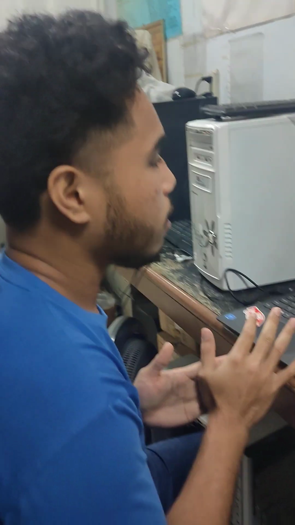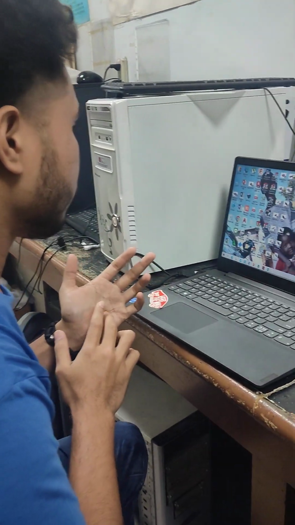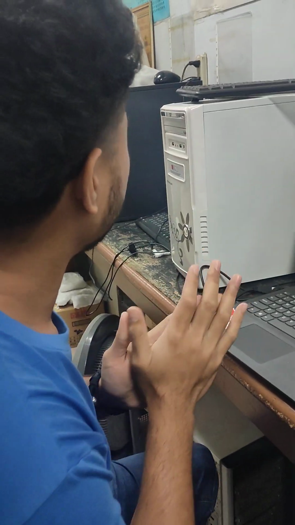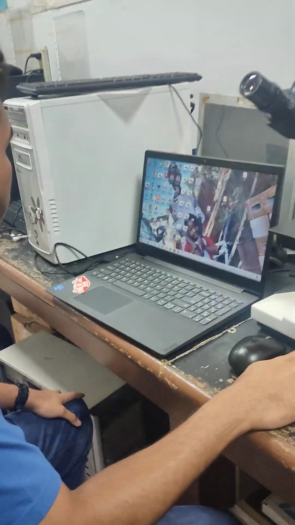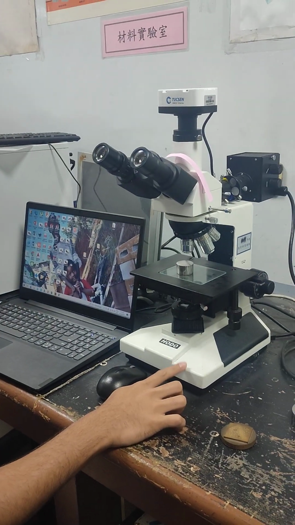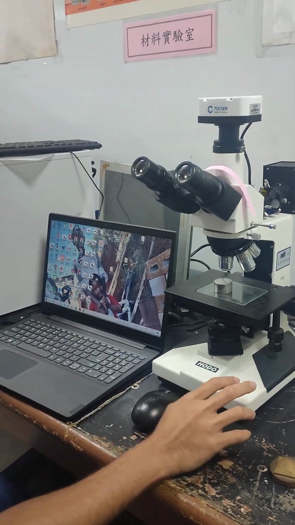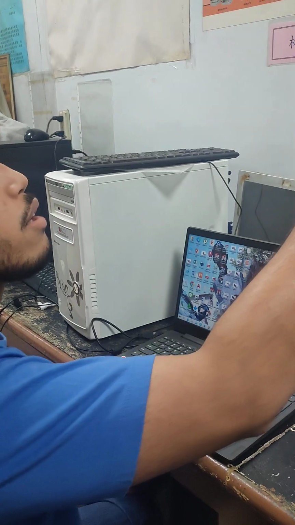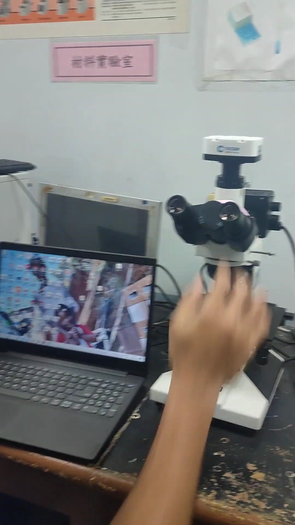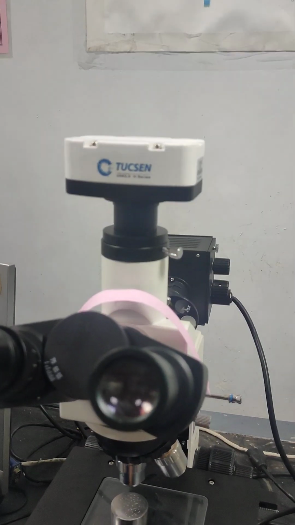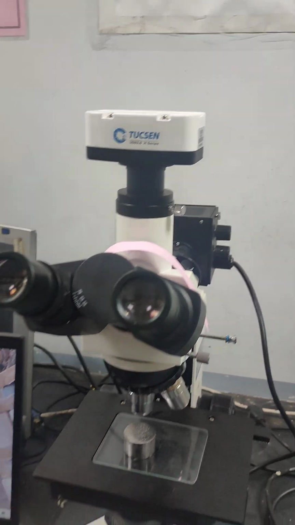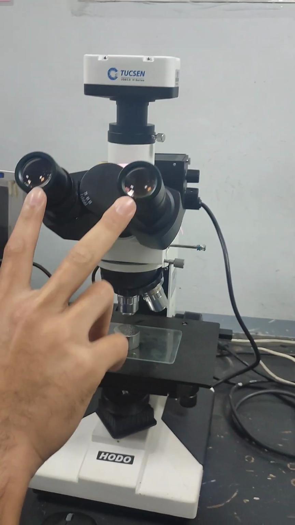Okay, we're here with another experiment. It's another demonstration for this type of optical microscope. It's what we call an optical microscope. It's called TUCSEN. Now, in order to use this microscope, you can either watch through these lenses, or